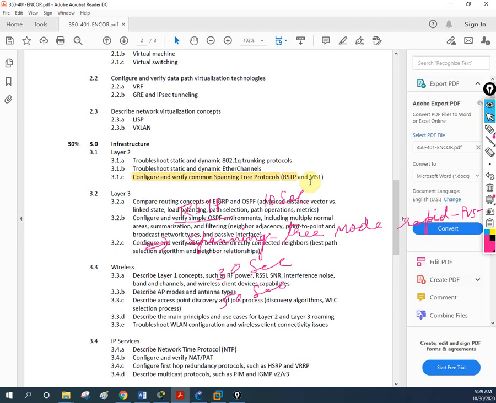PVST plus and PVST are the same, don't be confused. Some features are extra, so we can say it is an advanced version of PVST. As I told you before, PVST plus is the extension of PVST, and PVST plus supports .1q trunking encapsulation, while PVST does not. This is the only difference. In our syllabus we have RSTP and MST. RSTP we just discussed; to discuss RSTP, we need an idea about all the earlier versions. So we have finished that.